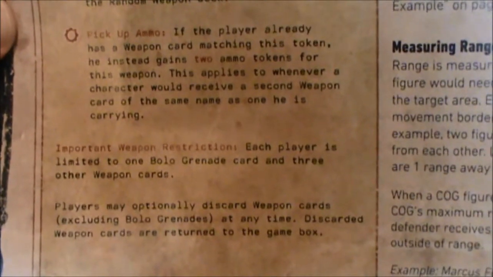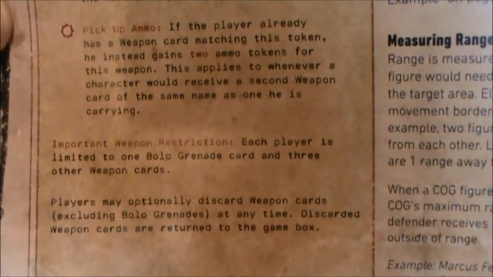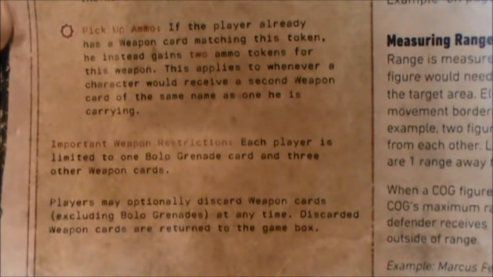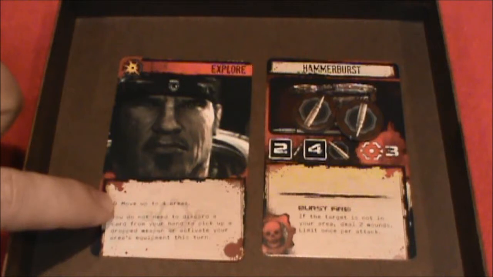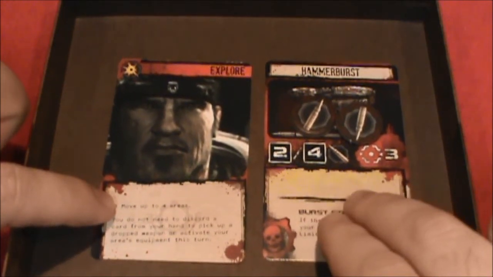And if you want to drop one, you can. It says you can discard a weapon card excluding the bolo grenades at any time. The discarded weapon cards are returned to the game box. So you just toss it and you're not going to get it back. It's gone. So before we make our move to move up to 4 areas, we're going to add this weapon